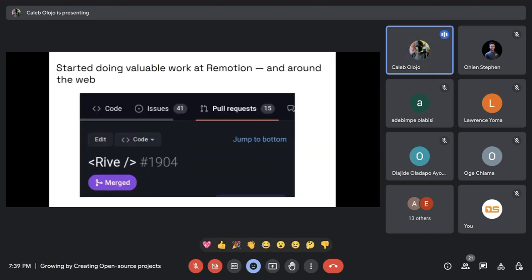So since the whole September 20 something escapade, I've been doing a lot of valuable work at Remotion, and I'm so glad. I didn't think I would be able to contribute to Remotion because it has a huge code base. I fixed an issue related to fixing the JS documentation by writing definitions for function signatures, so that the developer experience of people using Remotion is going to be really nice.